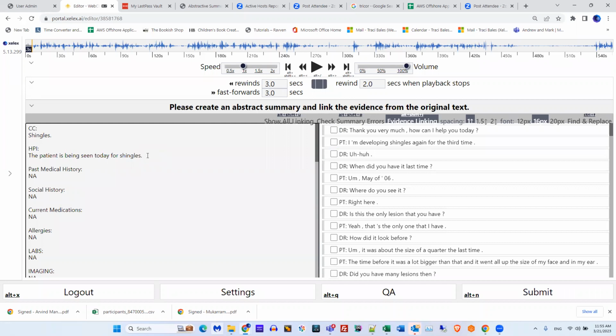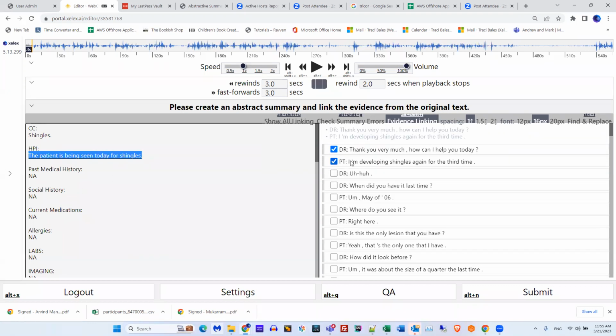You're going to notice here that I put one sentence on a row. I never type in paragraph format. Basically, we want one thing on a row. So one sentence on a row, one medication on a row, one allergy on a row. Nothing is going to have two things on a row, and I will point that out many, many times. So I've created my first statement. I've linked it. Now I'm going to add a new line and add my next statement.